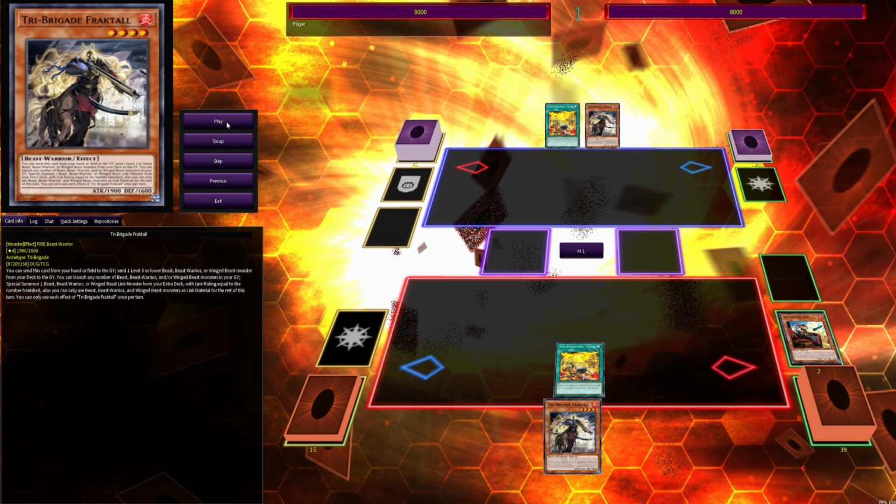I'm going to be discarding Fraktall to send Kit. Kit is going to send Nerval. And then Nerval is going to add Karas. Karas is going to discard Fraktall. So this is the point where full Tri-Brigade combo starts to diverge a little bit. In this case, though,